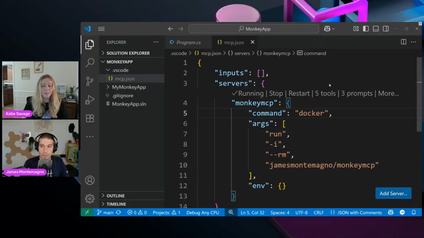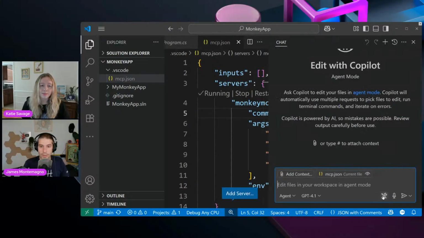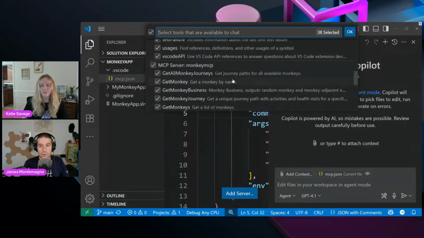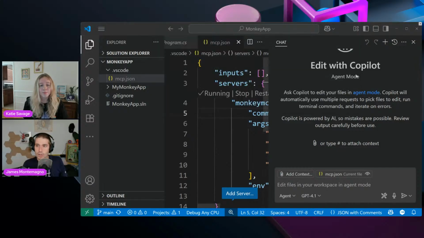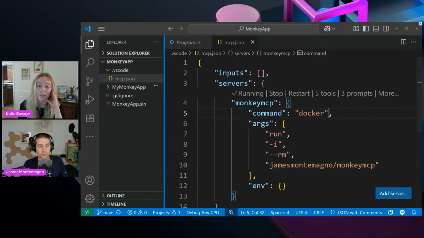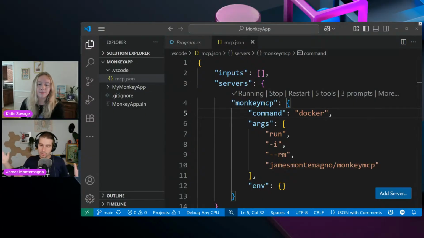When I open this up, we can go back to tools, and we can see that we have new tools such as Get Monkey Business, Get a Monkey Journey, Get Monkeys, a whole bunch of good things here. So these are new tools that I can call, just like connecting to Figma, getting a database entry, doing things like that, which is cool. Basically, every MCP server that you connect will give you a new set of tools. Some will have a lot, some will have a little. It just depends, and that's evolving. And you can create custom sets as well, but we're not going to get into that.